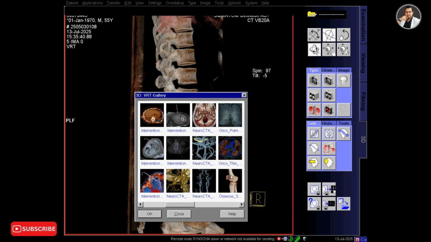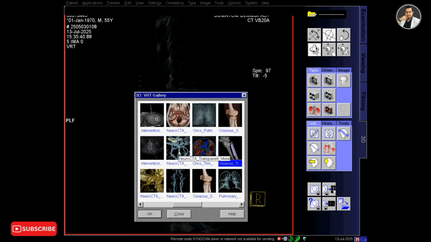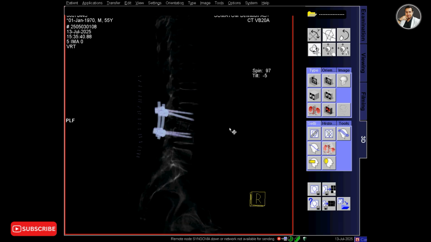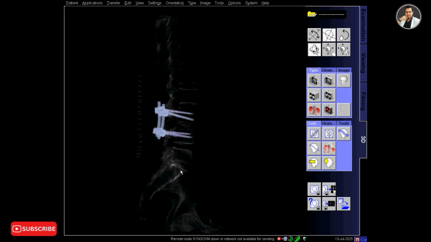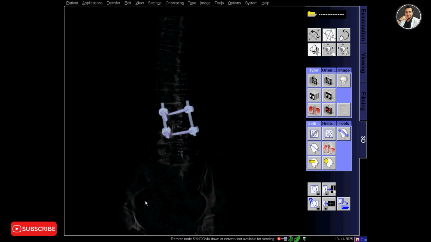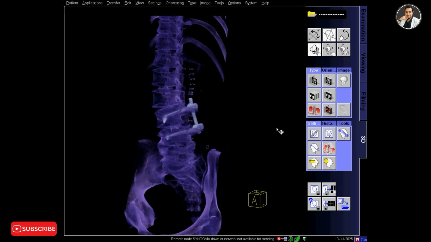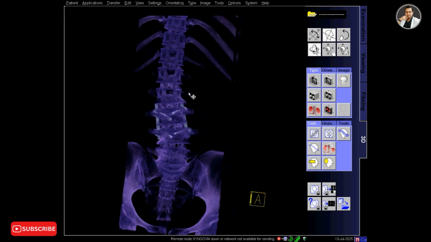You can also change the color of this VRT. There are lots of options in the VRT gallery. Here you can see that in this mode only the screw and rod appear, and the spine looks like glass.